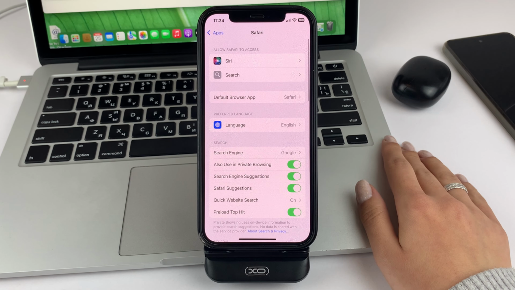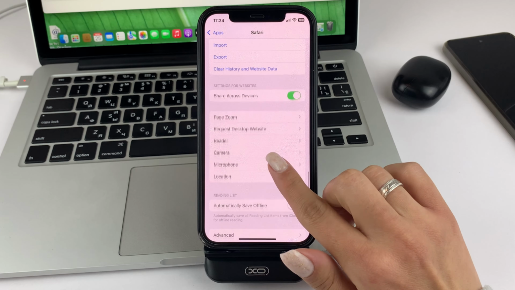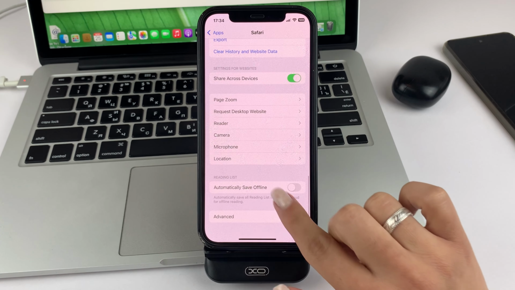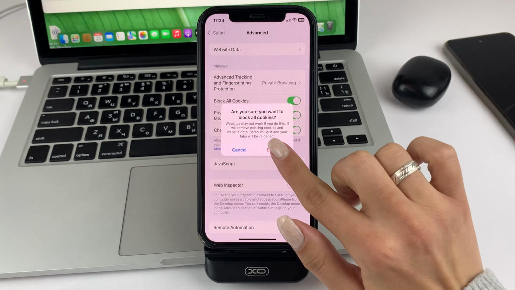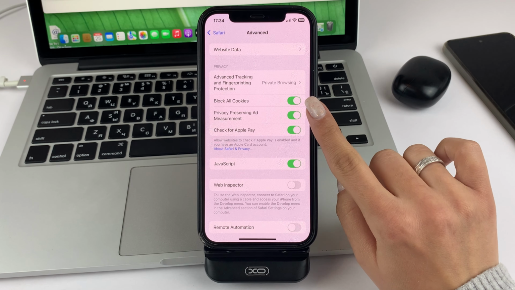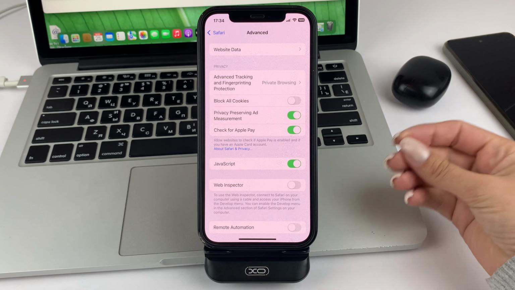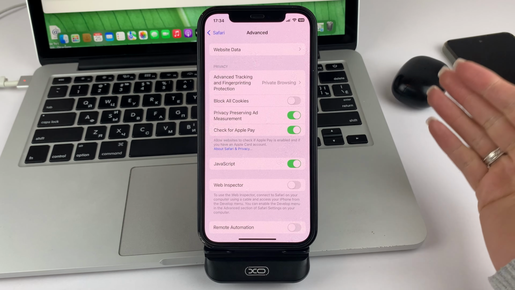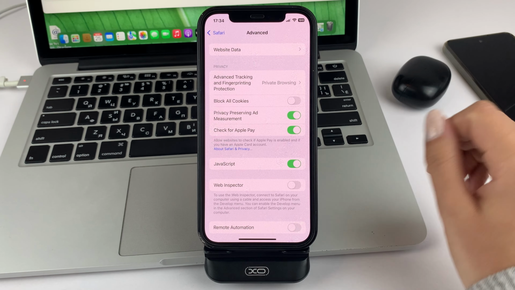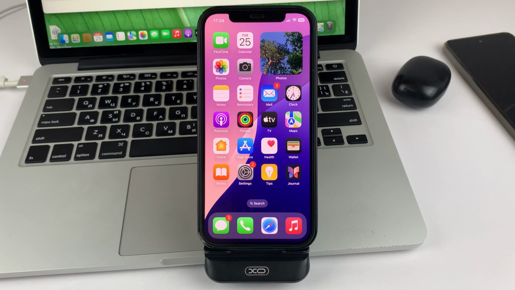So when you open Safari, you will need to swipe down. And here, friends, please click on the Advanced section. And see, if you have cookies blocking enabled, then you will just need to click on this button here to disable that blocking. Because of that, you will now have cookies, you will enable them. This is the very quick method that you can easily enable cookies on any iPhone.